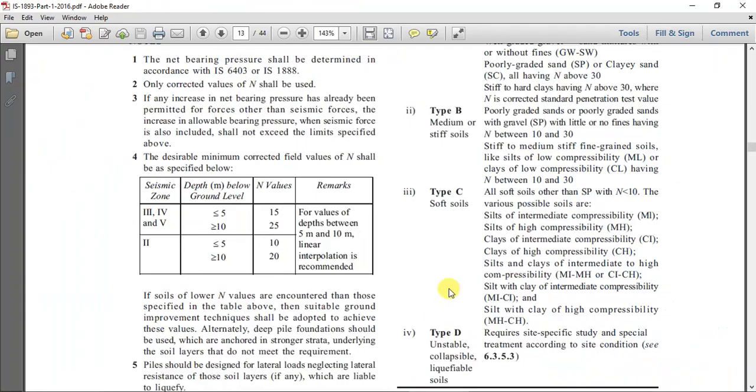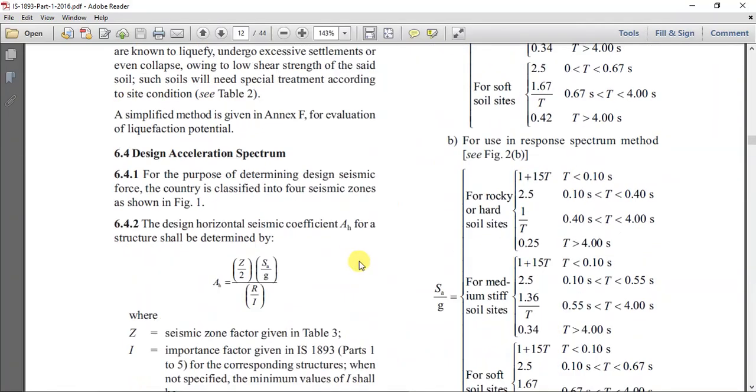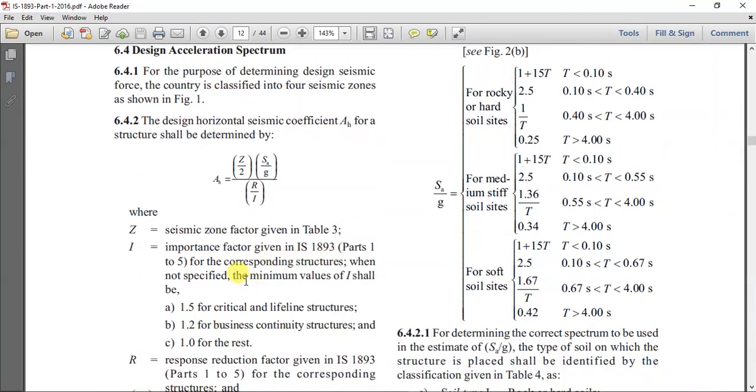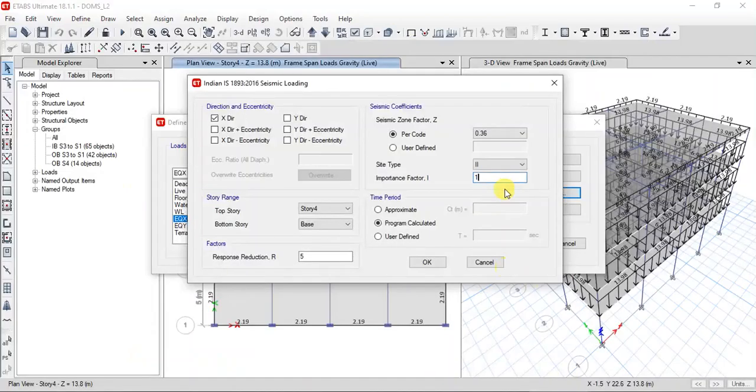We can take this from the code: I is 1.5 for critical and lifeline structures, maybe for a bridge and for a dam, and 1.2 for business continuity structures, some IT buildings, you can take 1.2, and for the rest you have to consider 1. So that's why we are considering the importance factor as 1.